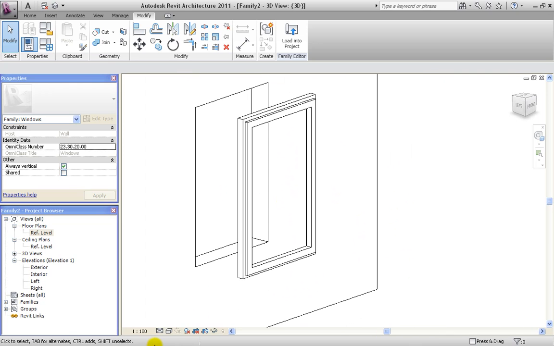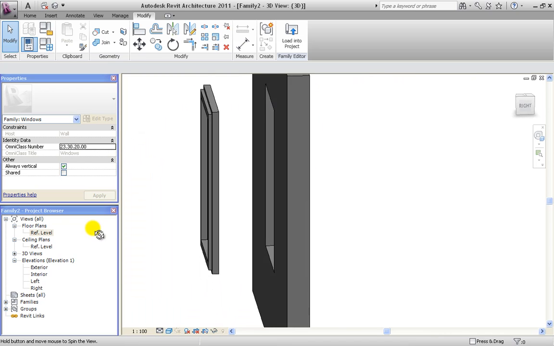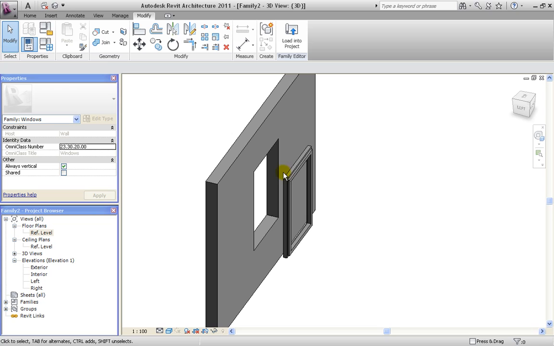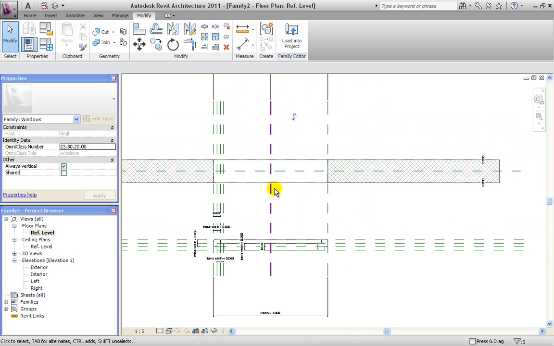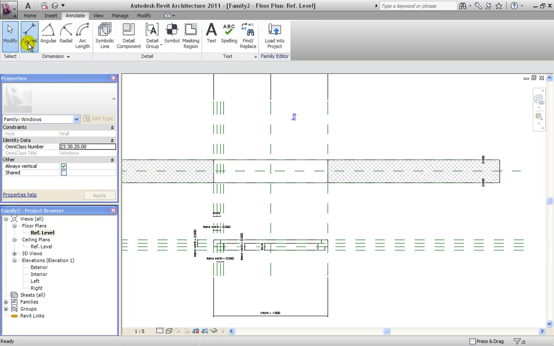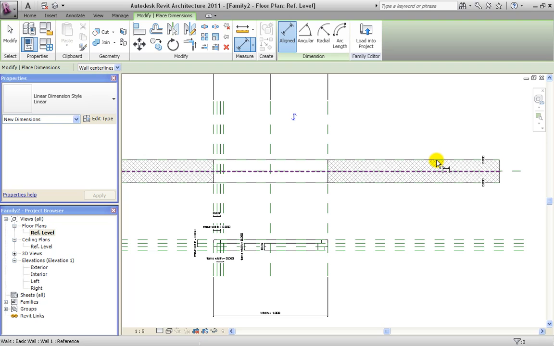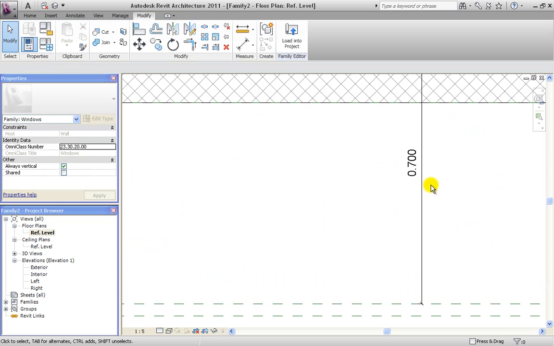Yeah, seems to be quite nice. Now I change to a shaded view. Okay, now you see it's not inside the opening, so what we do is we just add a new dimension, annotate a line dimension, and we choose the reference plane of the exterior wall, and we hit the first reference